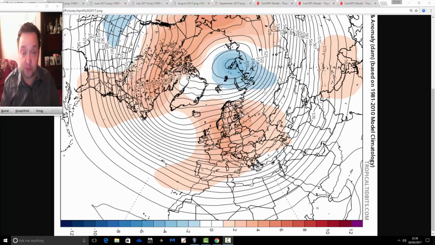Now, just for fun, as always, with the 6 months look ahead, this one and the CFSB2 6 month look ahead, just for fun, it's a snapshot of what the charts are showing, but don't be taking things too seriously, whatever you do. So have a look at 500 millibar height anomalies in a moment, and then we'll have a look at the corresponding temperature and precipitation anomalies that go with that. We'll see also what the CANSIPS model is predicting to happen in terms of ENSO, El Nino, La Nina, that kind of thing.